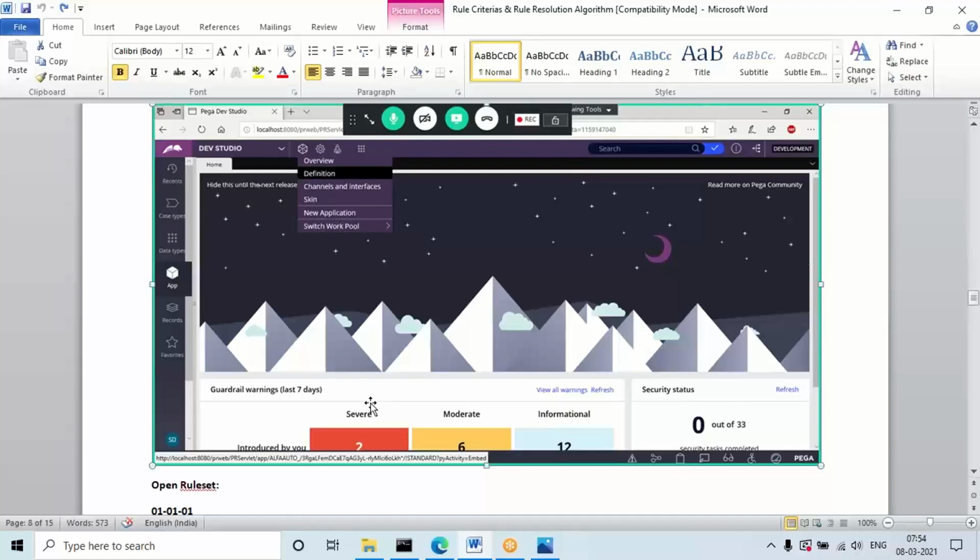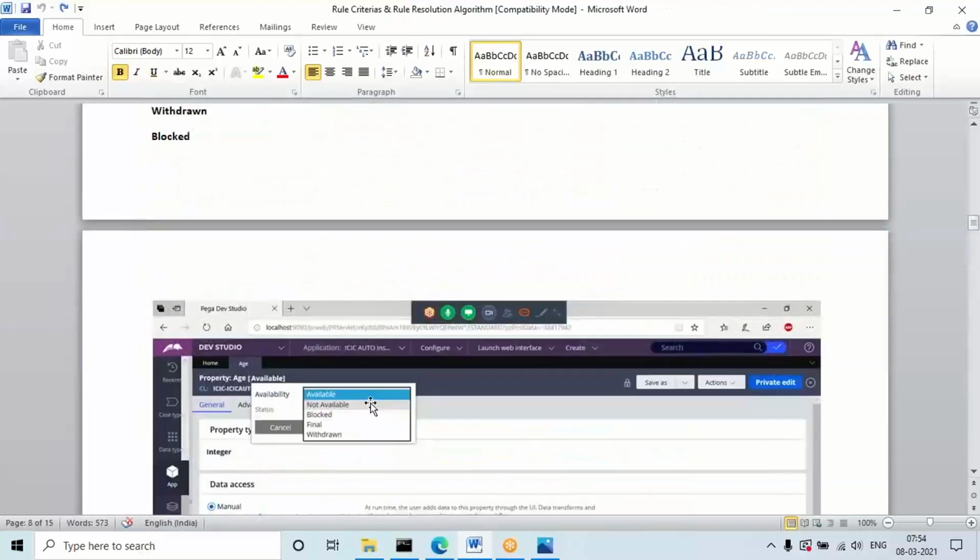For other things, just reading the technical notes is enough. But for availability types, try to do some scenarios in your application, like how I did one scenario. Try to create some test properties and verify, so that you get some practical knowledge of that.